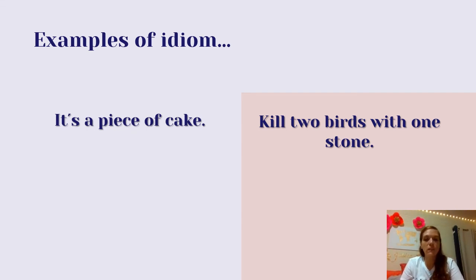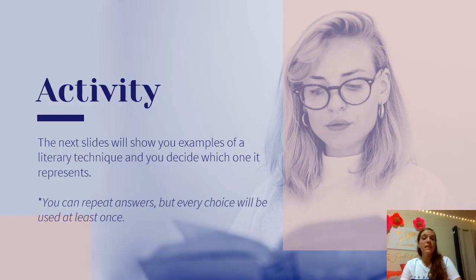So let's see the activity for today. The activity is on this video, and I'm basically just going to go through and read the examples so that you can see each slide, stop, and put your answer down. It says the next slides will show you examples of a literary technique, and you decide which one it represents. You can repeat the answers, but every choice will be used at least once, okay? So,